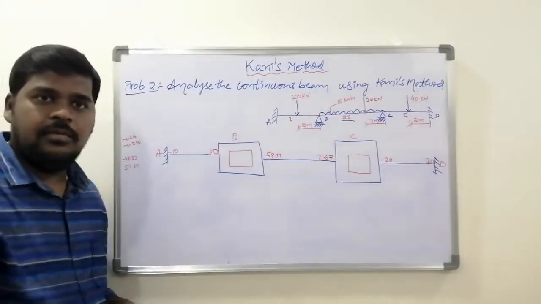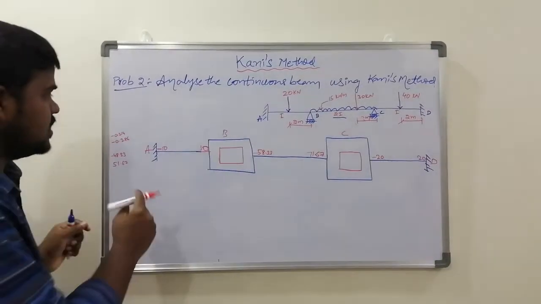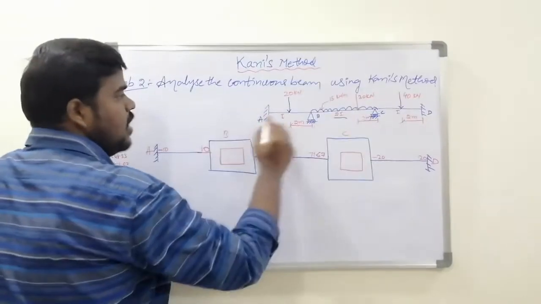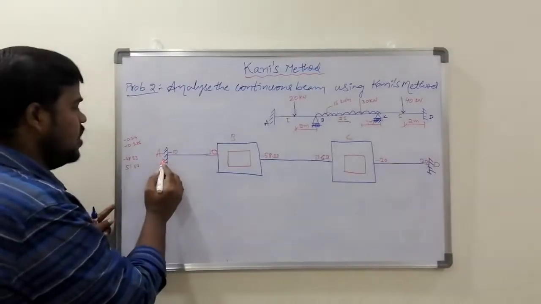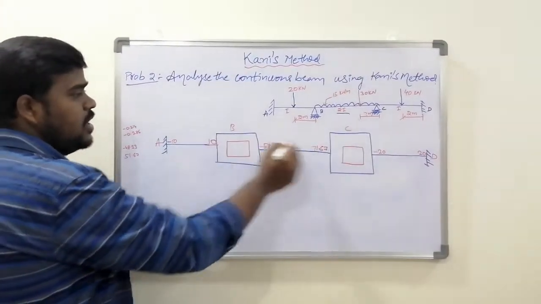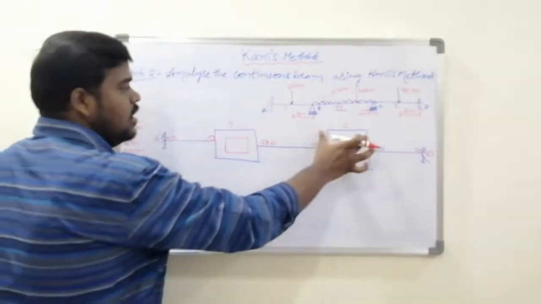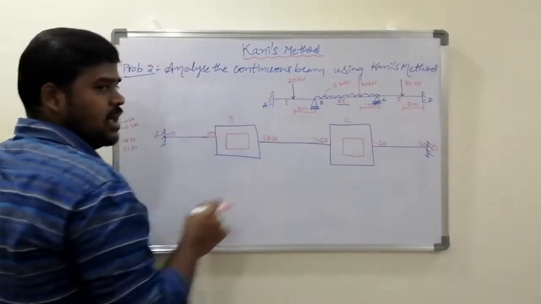So this is the important step of Canis method. This is step 3. In this, as shown in the beam A, B, C, D, in the same manner we have to draw a single line like this, and at joint B and joint C we have to draw a rectangle inscribed in another rectangle, and a rectangle and another rectangle here.